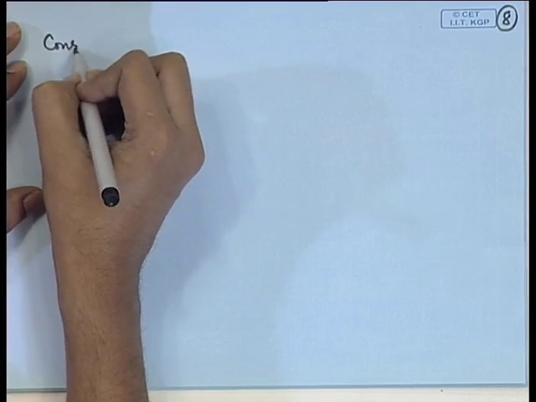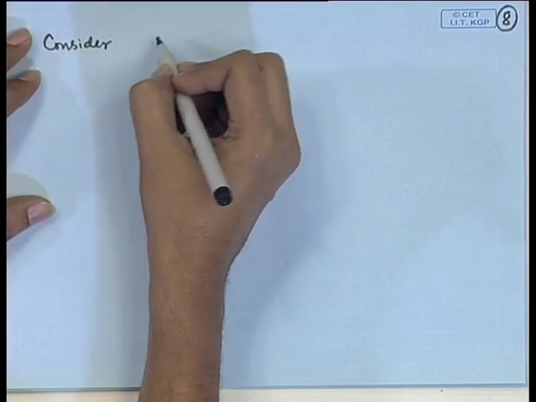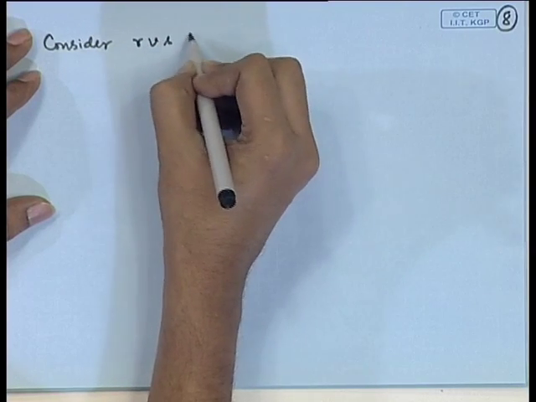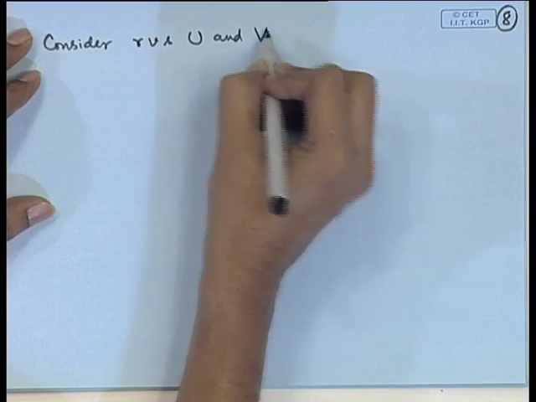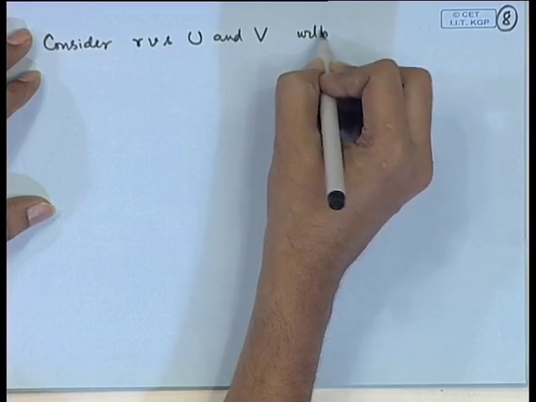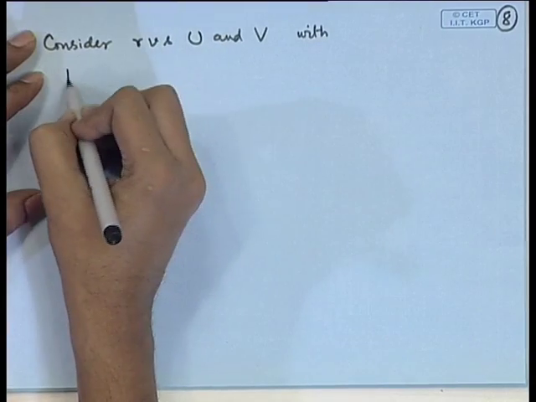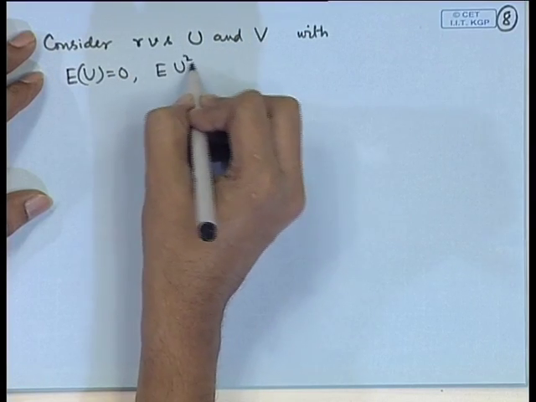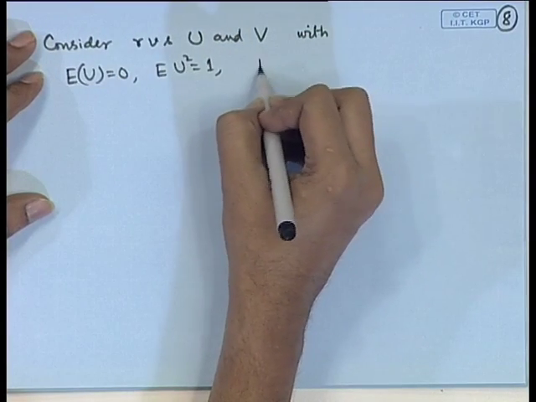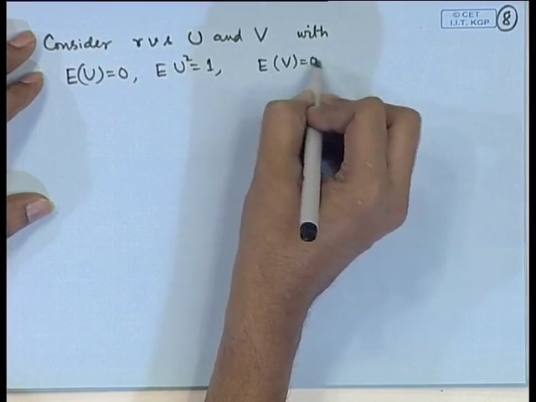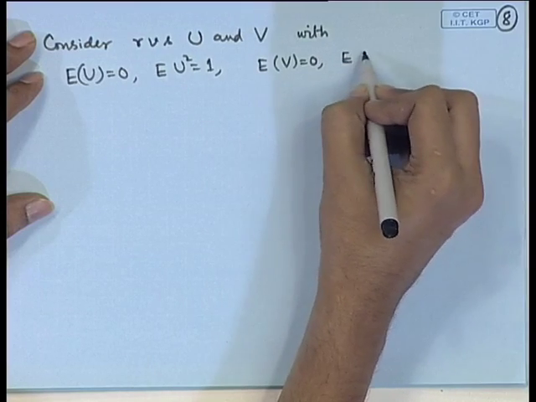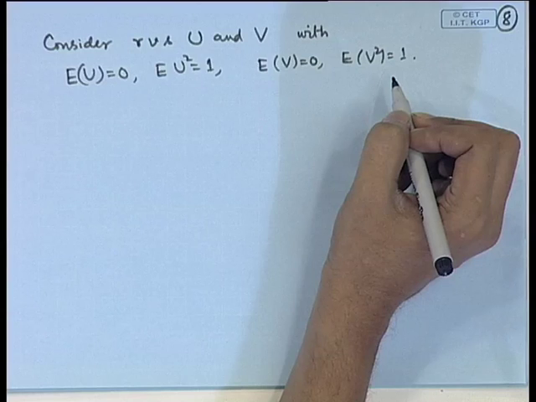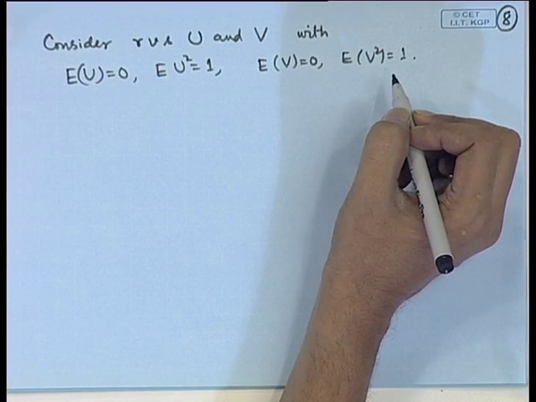Consider, say, random variables u and v, with expectation of u is 0, expectation of u square is equal to 1, expectation of v is equal to 0, expectation of v square is equal to 1. If we consider these two random variables,